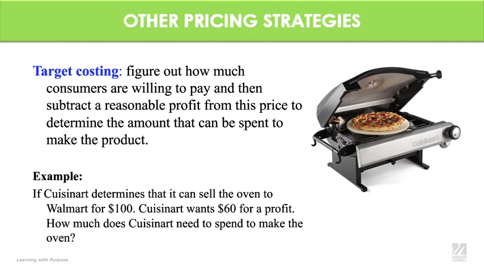So this is an easy subtraction, so I'm assuming that you guessed it, and they have $40. So if they want to do that, now the people from operations, from accounting, and from everywhere inside the company will know we have $40 to produce these ovens. So if you need to buy cheaper materials, if you need to find new suppliers, if you need to, I don't know, hire less people to create these ovens, please do it, because we are spending only $40 per oven to produce them. This is because we want to make $60 for a profit and sell it for $100. Okay, so you can also decide it that way.